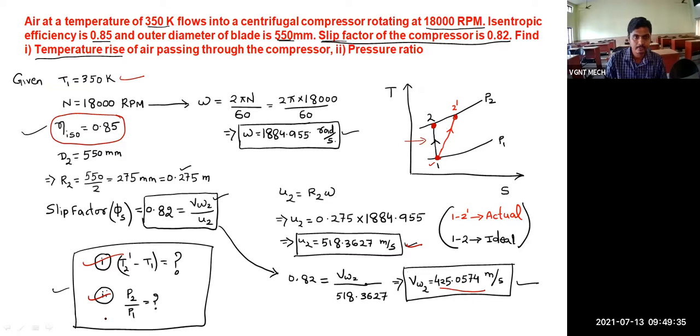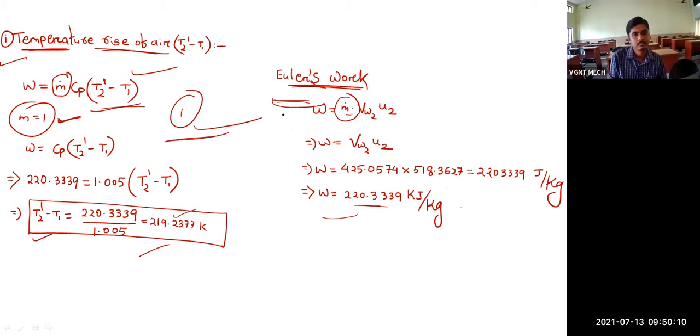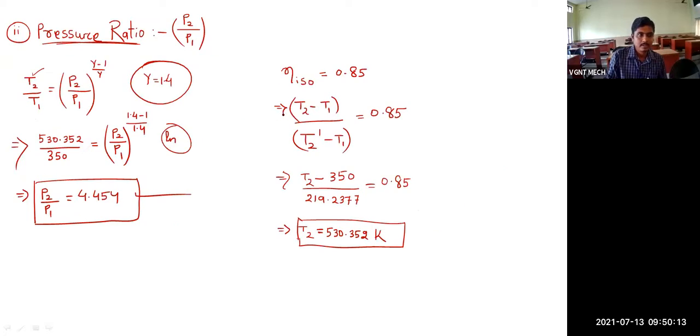So like this, some questions they will ask in the exam. Very simple it is. Just write down the given data, put the formula, and find out whatever things are unknown in the question paper. Then one by one, give the heading, put the formula, write down the two types of work formula, and then solve the question. And don't get confused with this marks. If in the question paper this marks value they have given, you put it. If they have not given, just take it as 1. That's it. And this is the way to calculate the pressure ratio.